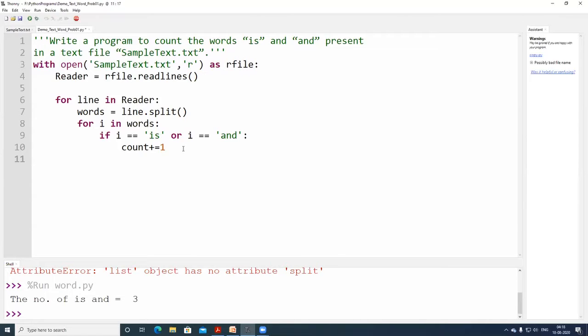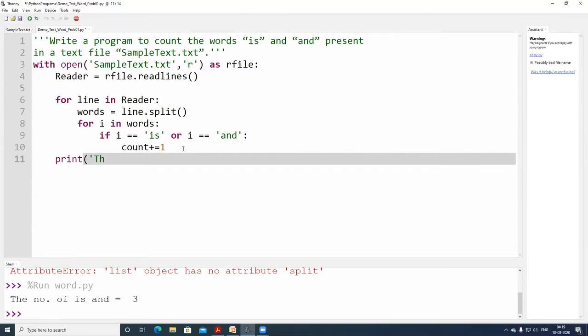This is the procedure. At last, after reading the entire content of all the data present in the text file line by line, I am going to print the total count.